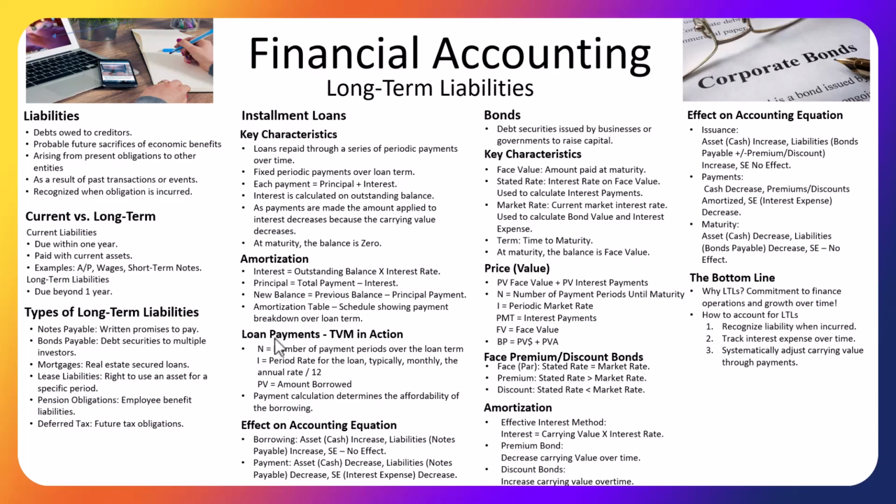Determining the loan payments allows you to put your TVM skills into action. The N will be the number of payment periods over the loan term. I will be the period rate for the loan, typically monthly, so you take the annual rate, divide by 12. The PV is the amount that you intend to borrow. Once you've entered your amounts, compute the payment, and you got it. The beauty of the payment calculation is that it allows you to determine the affordability of the borrowing before you